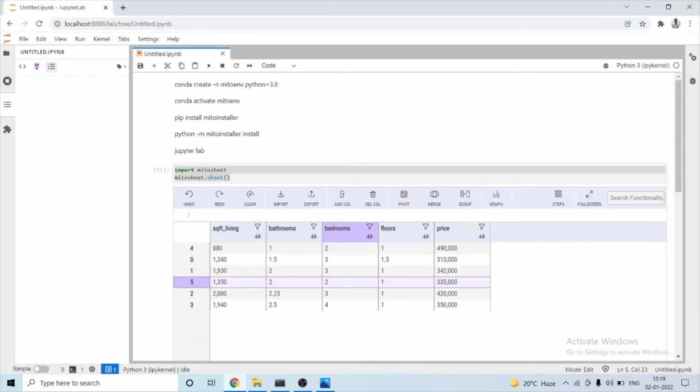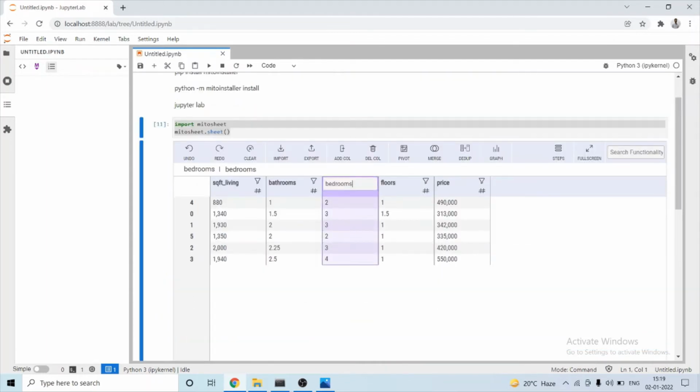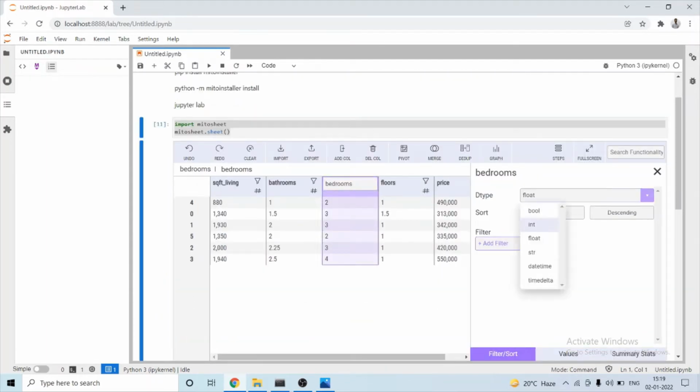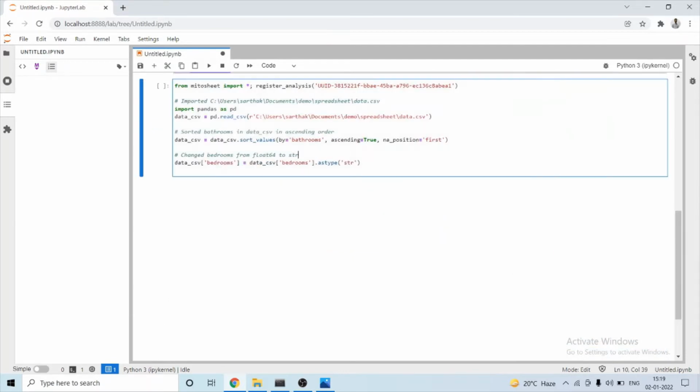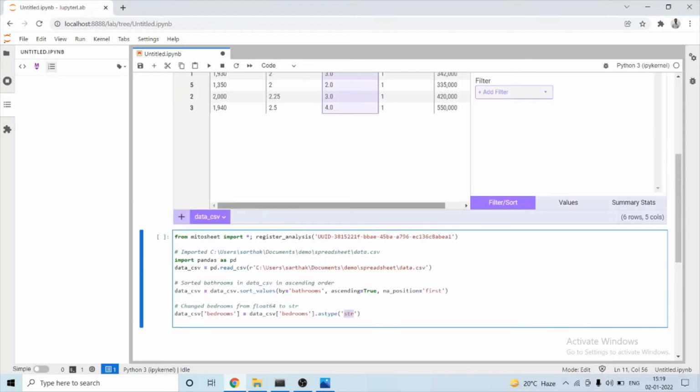Similarly, you can change the data type of a column to str, and the corresponding Python code will be generated to convert the column bedroom as type str.